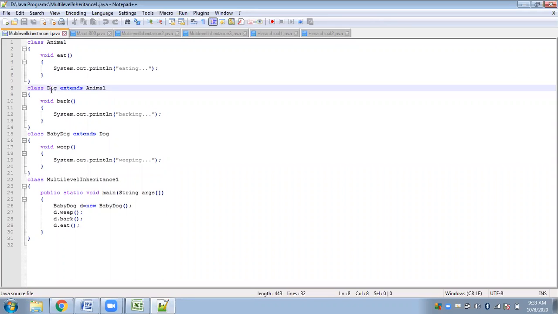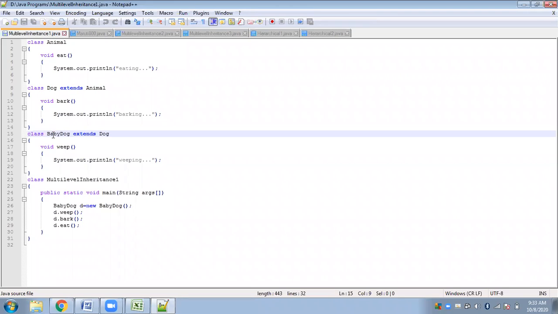Then you come one level down again, be more specific, and you get the baby dog, and likewise. The top level is always the generalized level. From animal you got dog, dog inherited the properties of animal, and now baby dog has inherited the properties of dog.